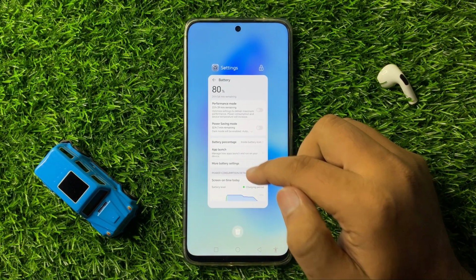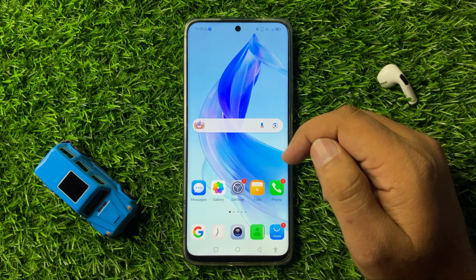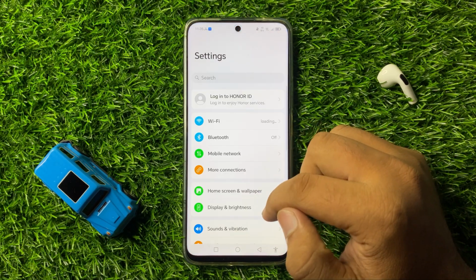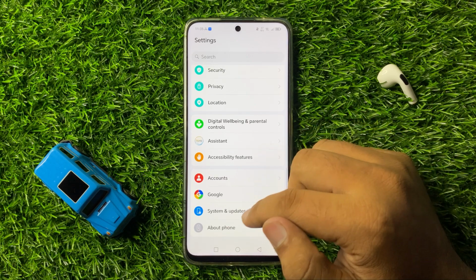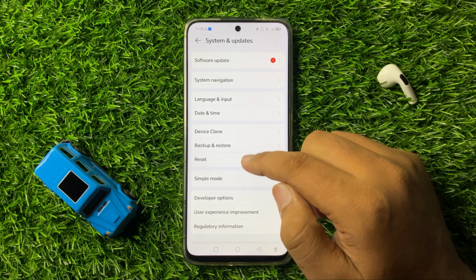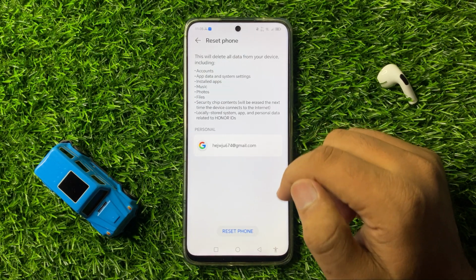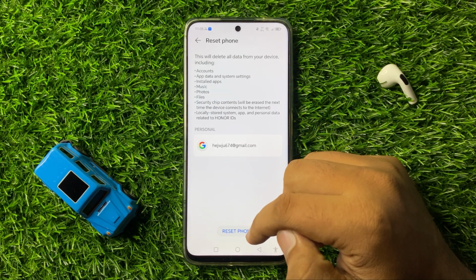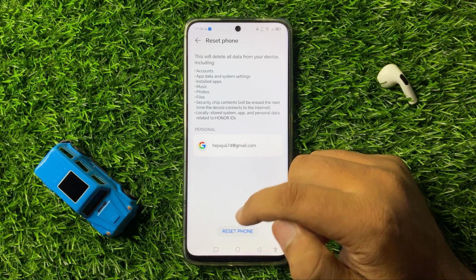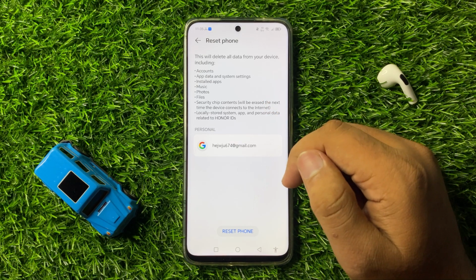But after this, if you are still facing the same issue, then the last solution to fix this issue is open settings again, scroll down to the end and tap on system and updates, and this time tap on reset. Now tap on reset phone, and then again tap on this reset phone option on the bottom of your screen to confirm. So when you will tap on this option here, it will reset your phone back to factory default,